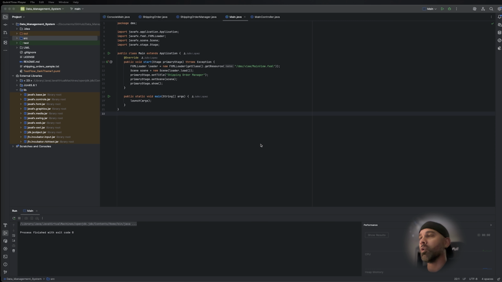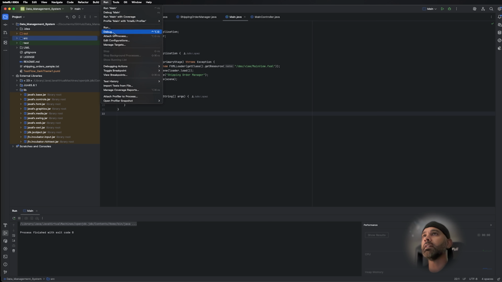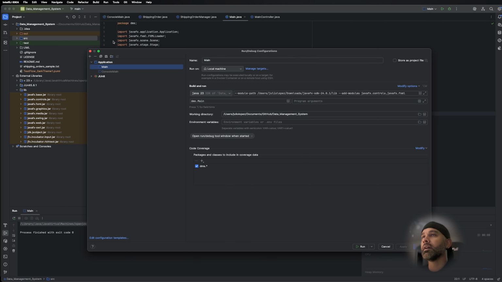Now, one final step before we start working on the GUI: you need to tell the JVM how to run it, or where to run it, how to communicate with JavaFX. Even though you put it in here, once you try to run it, it might not work. So you need to tell the JVM how to do it. In my case, on a Mac version, you go to Run, and then you click on Edit Configurations. As you can see right here, I have my JUnit located here to run the phase 2